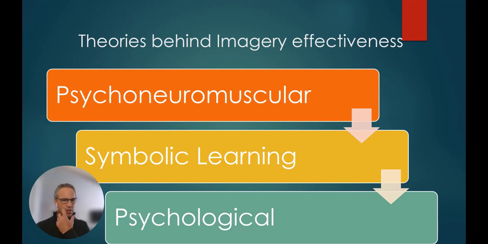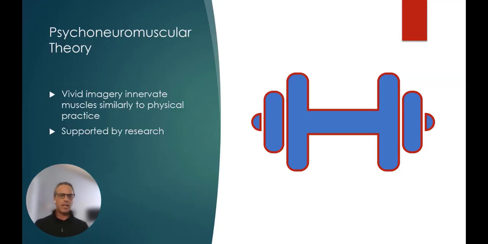All right, so let's jump into a few theories behind the effectiveness of imagery. There are more theories than what we're going to present here on these slides, but essentially the psychoneuromuscular, symbolic learning, and psychological, which is also known as the attention arousal set theory. We will take a look at these theories and how they impact